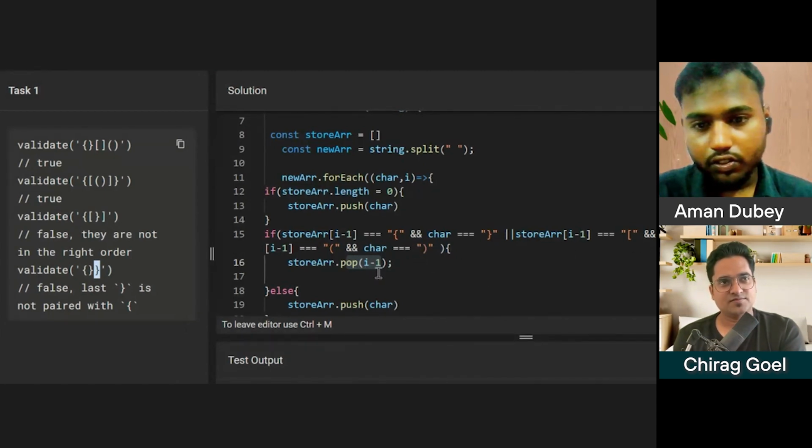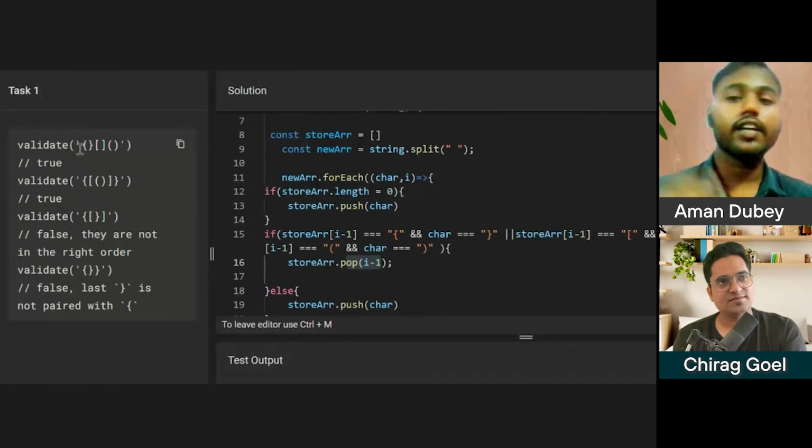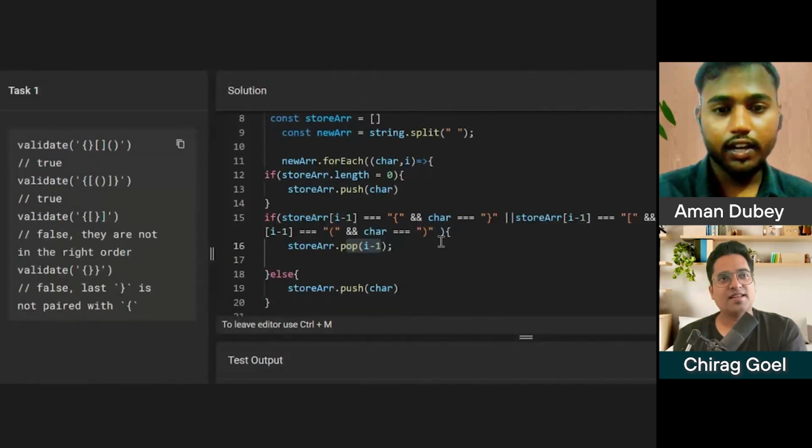Suppose for this question it is closed and open curly braces. It can start from closed curly braces as well, so it will never be removed.